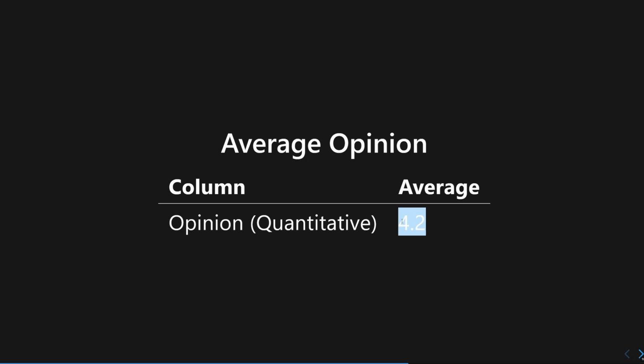And the value that you end up with here also has meaning. The value is close to 4, so the overall opinion is close to agree. If you end up with an average that is low, something close to 1, then your insight would be that the overall opinion is disagreement. And that's how you end up with an interesting insight like that.